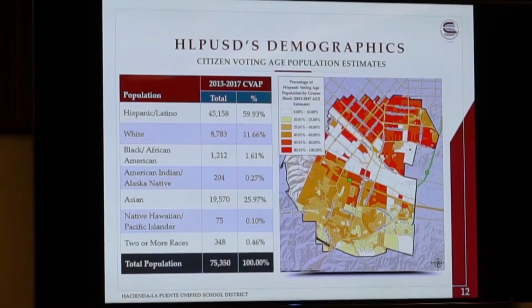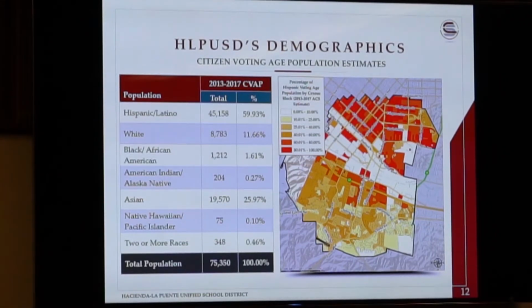Other data that we look at, and this is really for Federal Voting Rights Act purposes, so we look at total population to have our 5 roughly equal areas, and then we look at citizen voting age population, which is an estimate of folks who are 18 and over and citizens of the United States. So this is kind of the universe of everybody. If they chose to register to vote, this would be who could register to vote, and it's an estimate. But this looks at our population breakdown at just under 60% Latino, about 26% Asian, and 11 2/3% white.